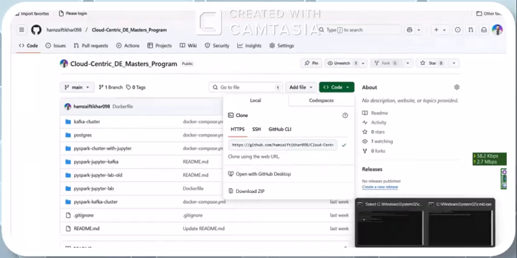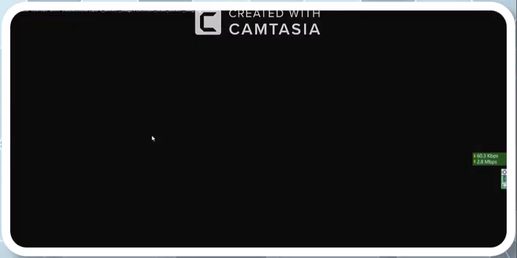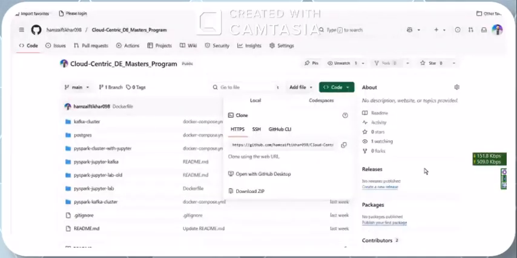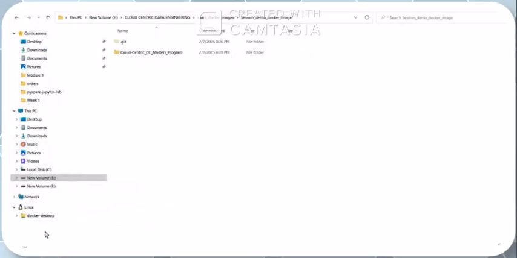After that, I went to the repository, I copied the code. After that, I went to the command prompt, typed clone, and pasted the link. When I hit enter, all the repository has been cloned into my system. Okay,